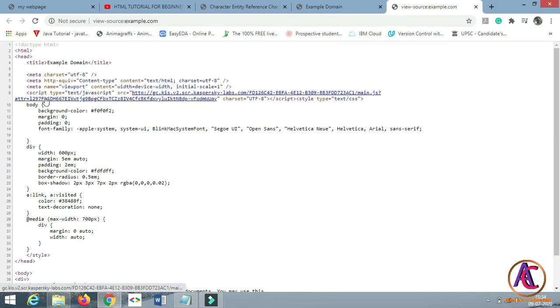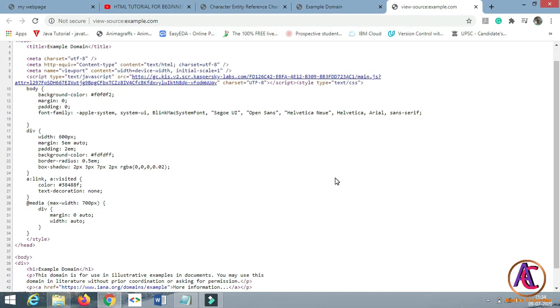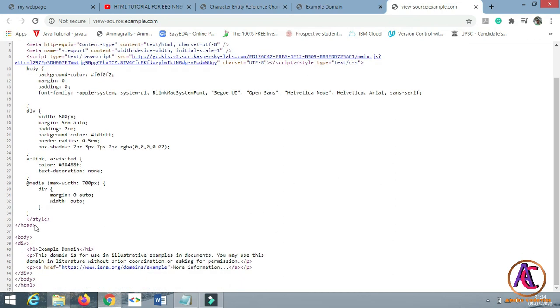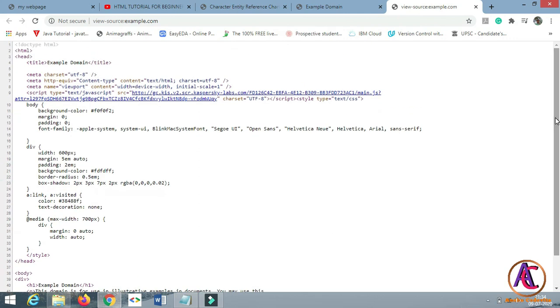You will see that the html tag is written, then the head tag, and then this is the CSS part we will look at later, and then the body tag. In that body, div tag, h1 tag, which we have learned in the course, paragraph, anchor tag, and this is a CSS part we will learn afterward.